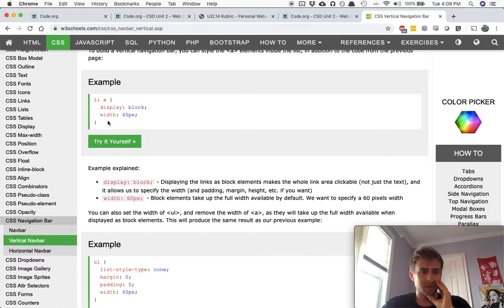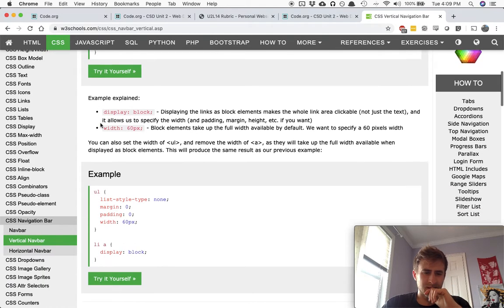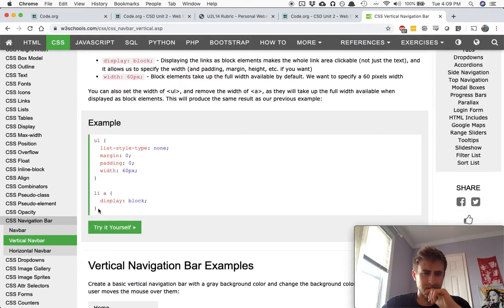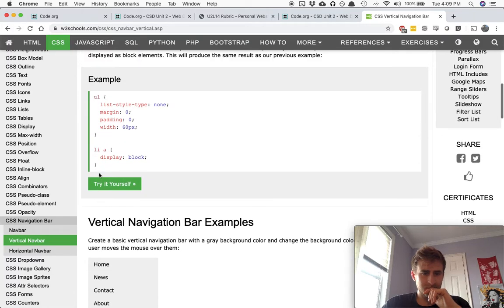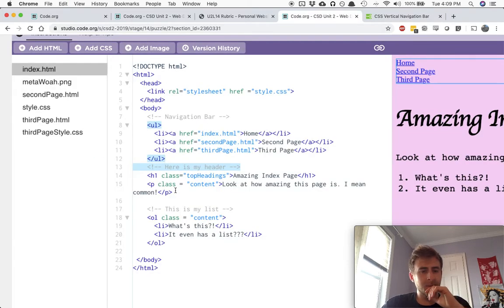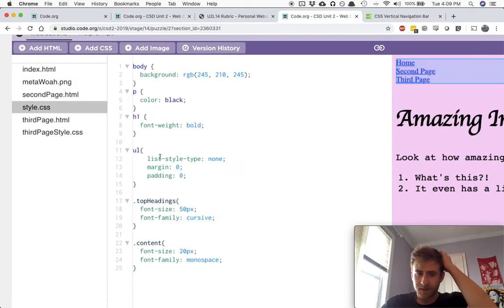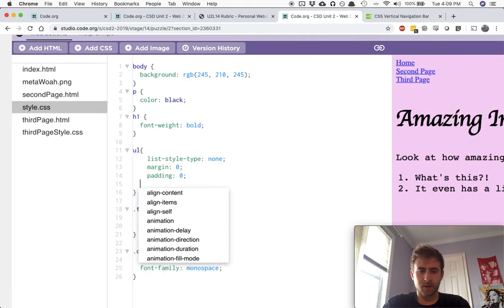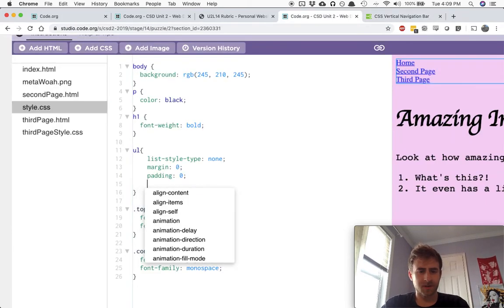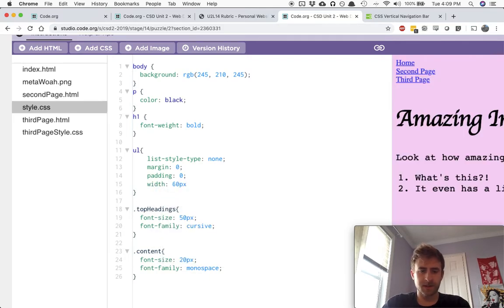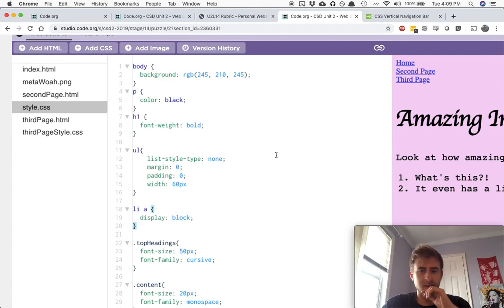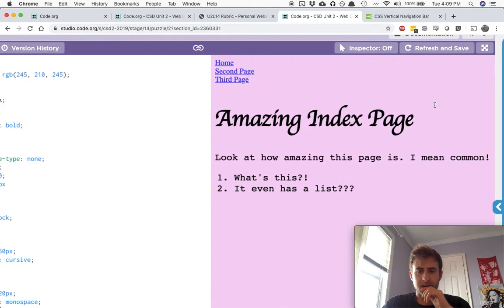So now our list item, we can follow these out. Let's try this. Display it as a block. And a width of 60 pixels. Okay, I think that's the only change. So we're going to bring this over here. We want a width. Was it a width? Yeah, width of 60 pixels. Width is 60 pixels. And then in my list item, we're just going to display it as a block. And now